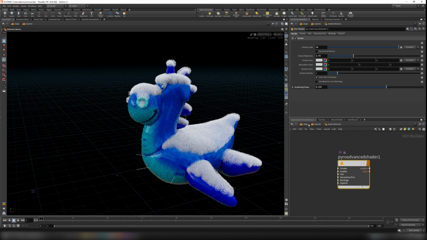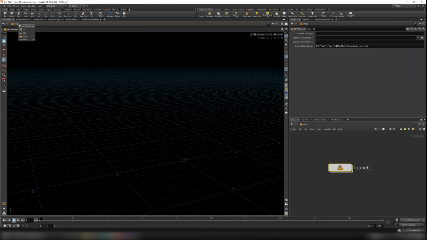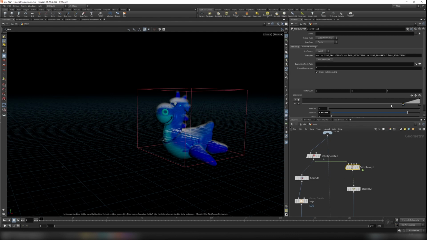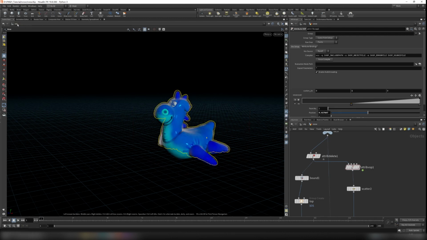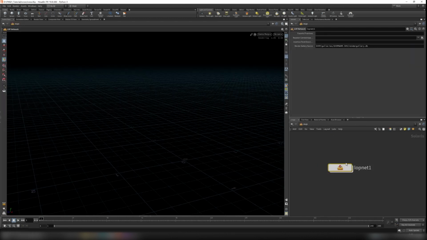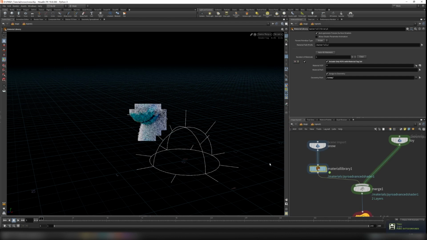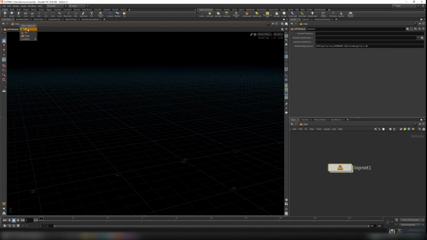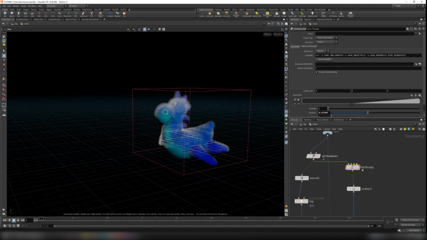See? Now if we go to the object level here, and let's say we change the slider here so that it has more snow. And now let's go back to stage, lock network. See, it has more snow on it. If we go back to object level again, go to the snow,